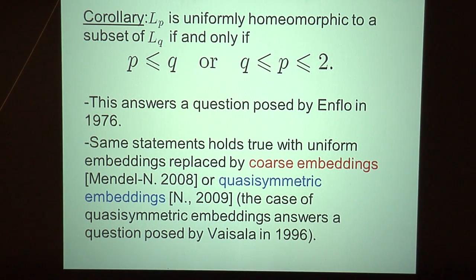There are other notions. There is a notion of coarse embedding, which I will not get to today. This settles the same question for coarse embeddings. And then, actually, after we published this, I heard that people in the quasi-symmetric community had this question since 1996. This is one of the main questions that Väisälä asked in a famous open problem list. And the same method does this. So I won't tell you what quasi-symmetric embeddings are unless you ask in the end. But